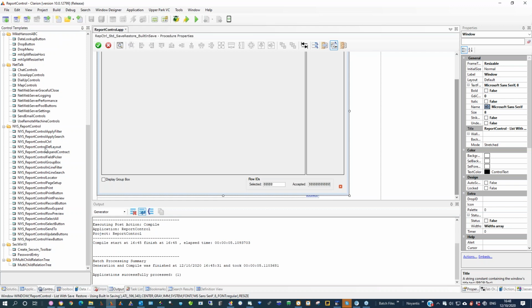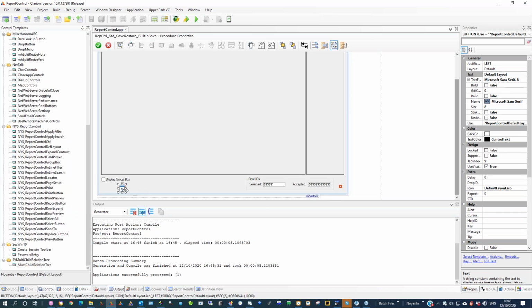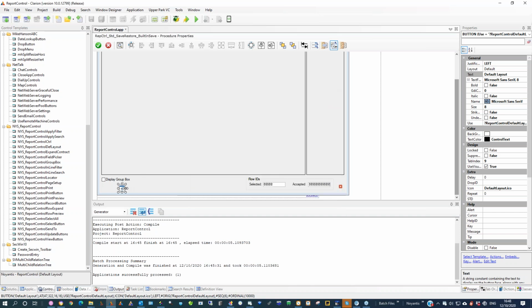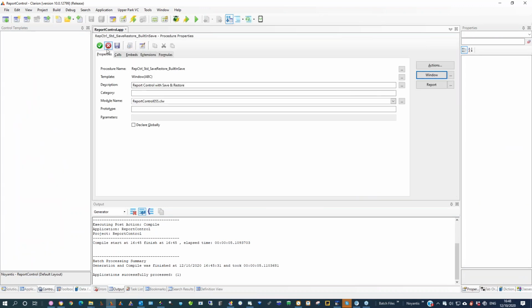Oh, and I don't want it to be called that, so that will be changed in a second, but basically it's this default layout, so it's a new button which you can add. Yep. And it's default layout, and what that will do is, you've got your saved